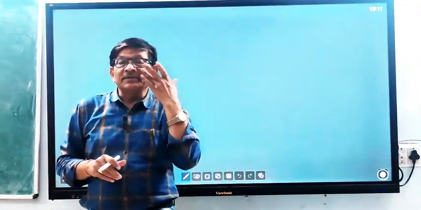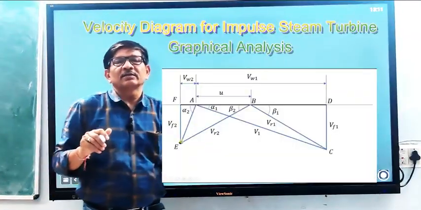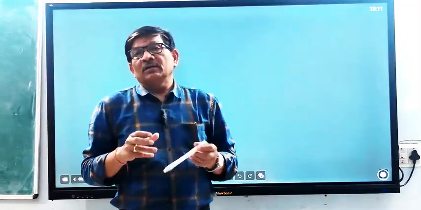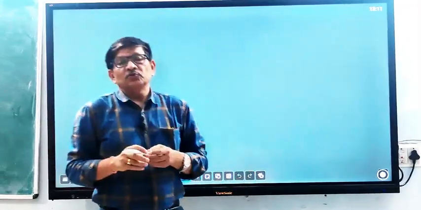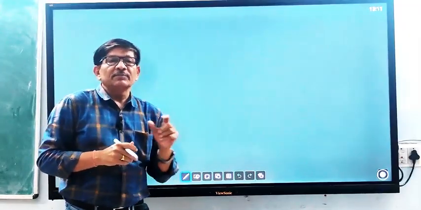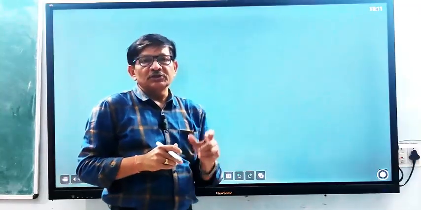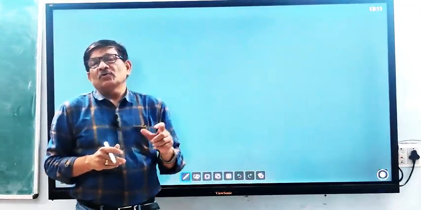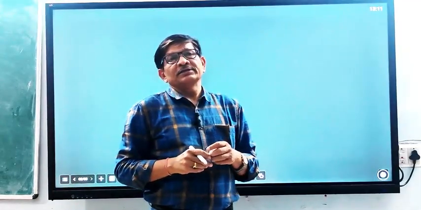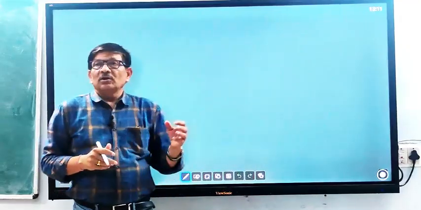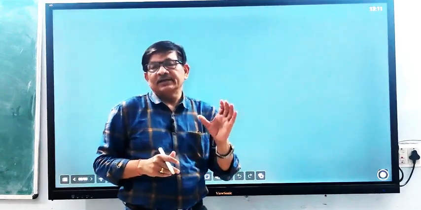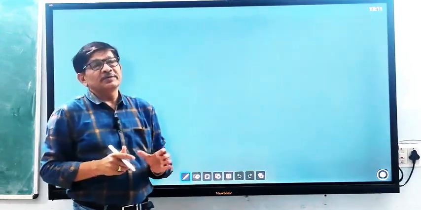Today's discussion: earlier we discussed the condition for maximum power generation by an impulse turbine. We discussed that when the velocity ratio U by C, where U is the peripheral velocity of the blade or rotor and C is the incoming velocity of the steam from the nozzle to the blade, is approximately equal to 0.5, then maximum power generation and work done is obtained. That we have defined. So now we can draw the velocity diagram at inlet and outlet, superimposing